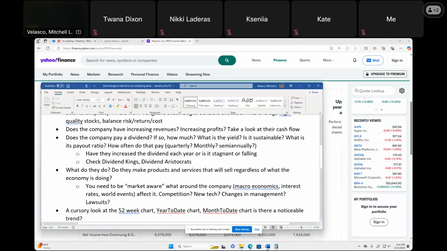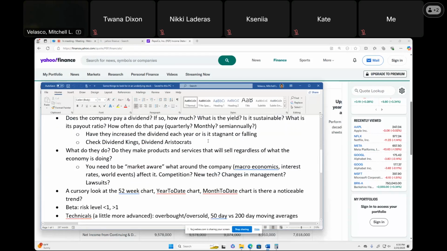Also, take a look at how often they pay. Walt Disney, I think, pays every 6 months. Most of the companies that you've probably heard of, Coke, Pepsi, Microsoft, Apple, Home Depot, Target, Lowe's, they always pay every quarter. If you do your homework, though, you might be lucky and find some stocks that'll pay you once a month. Realty Income Corporation, which is the letter O stock symbol, has the nickname the monthly dividend paying company. So the more often you get paid, the more you can use compounding to grow your money.